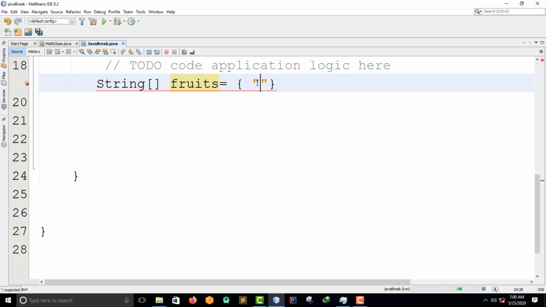In the first one, we are going to have mango. Then for the next one, remember guys to put a comma here. And then the second one, we want to have, let's say, lemon. And then in the third one, we're going to have avocado.